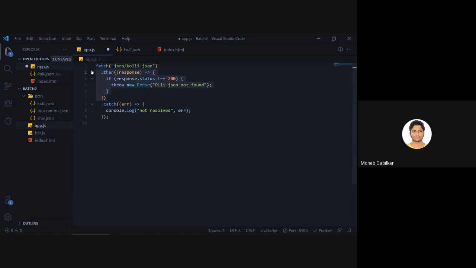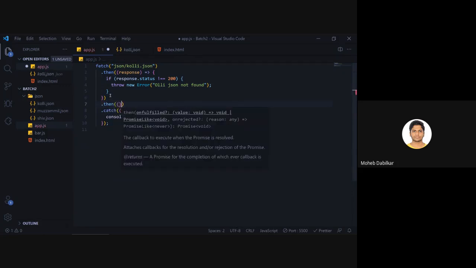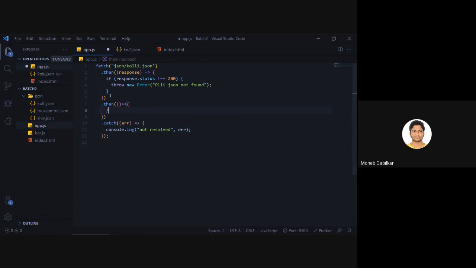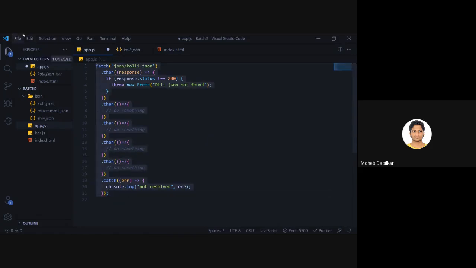Okay, so once you start working with dot thens a lot, you have data, then you say dot then, and inside then you say do something. If you have many of the thens, it will look bad. So we have something known as asynchronous functions.